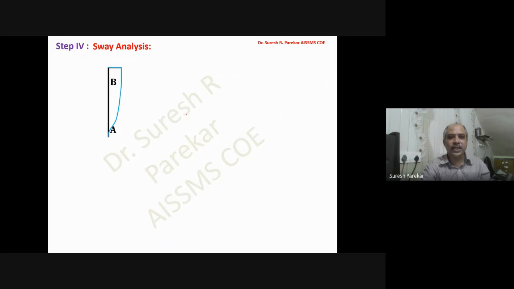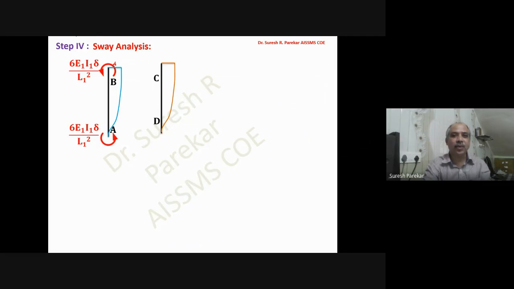If we go to this, we have to take delta value towards the positive side. So for AB, what moment do I have to apply? I have to apply anti-clockwise moment. Similarly, if I go for CD, this delta should be the same because we are going to neglect axial deformation for all, and here the axial deformation of the beam is 0. So your sway should be the same. Here also I have to apply anti-clockwise moment.